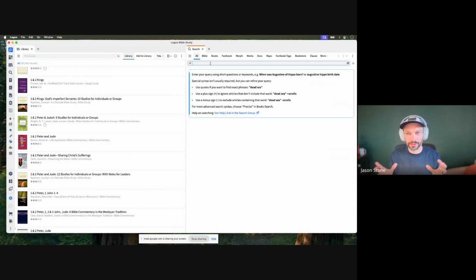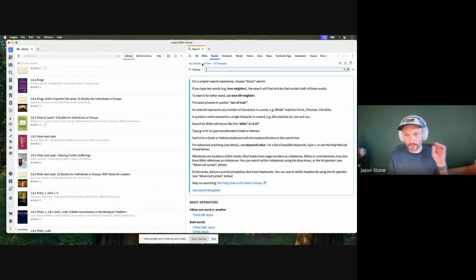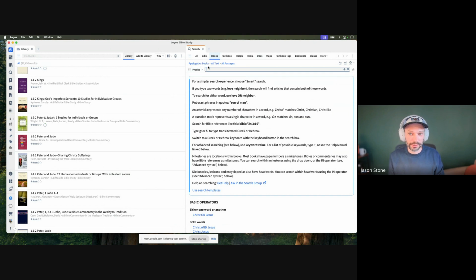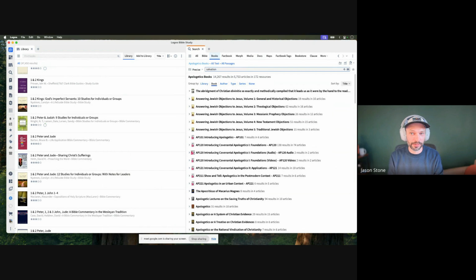But collections would be used if you wanted to search through only specific books and limit Logos to searching through only specific books, like your apologetics books. Now I jumped into my search, I selected my books, I narrowed down my collection of books to only my apologetics, and now I can do a search for a term in that one particular collection.